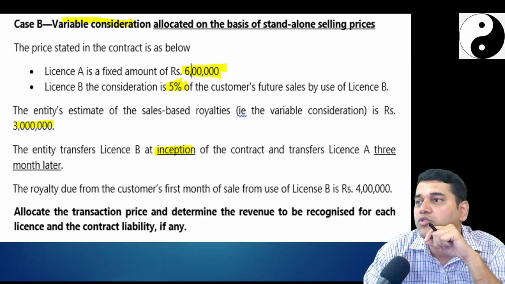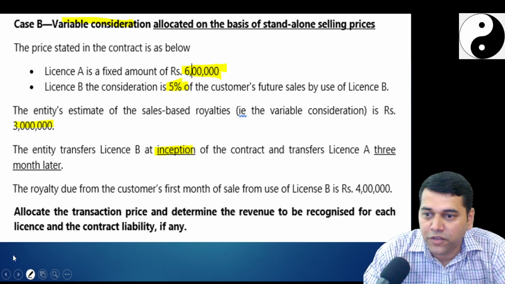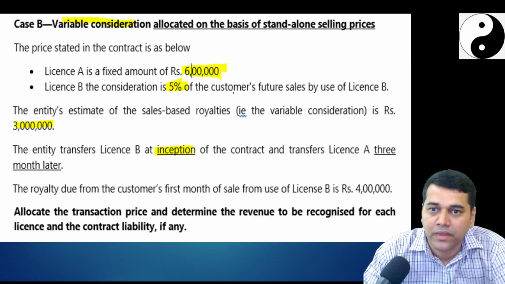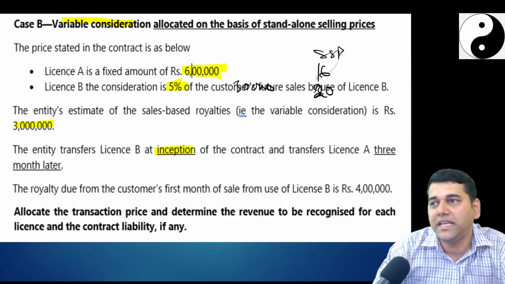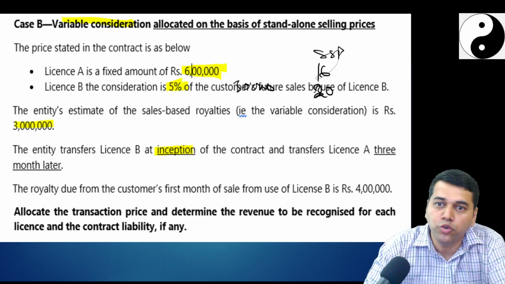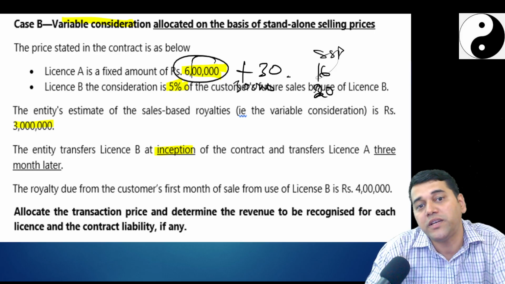Because if you give this fixed to A and say 30 lakhs to B, what is their SSP? 16 and 20. Meaningless, no. That's why what you should do, you should club 6 plus estimated 30, distribute based on SSP of